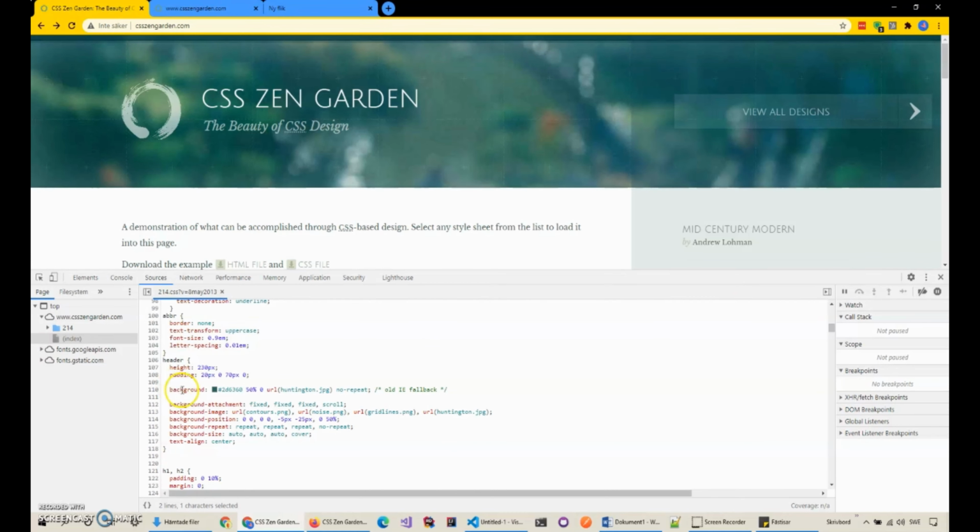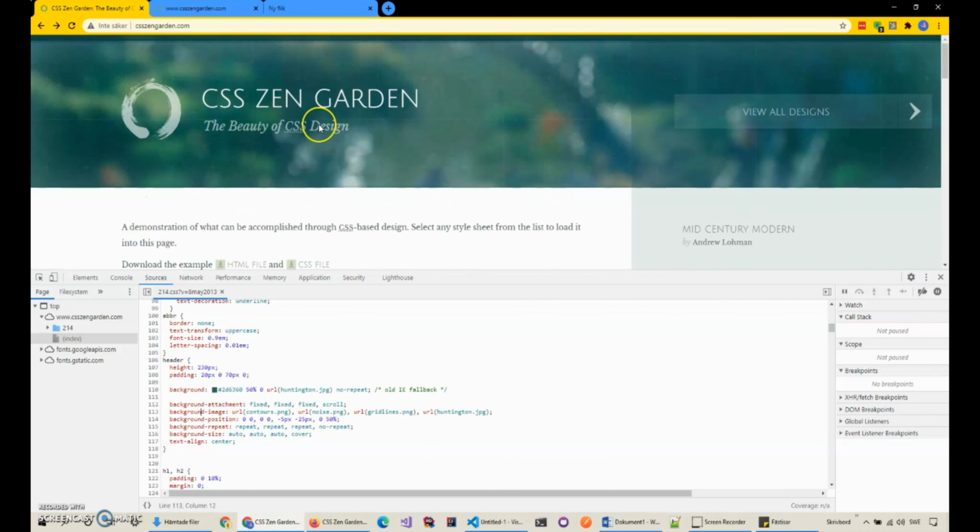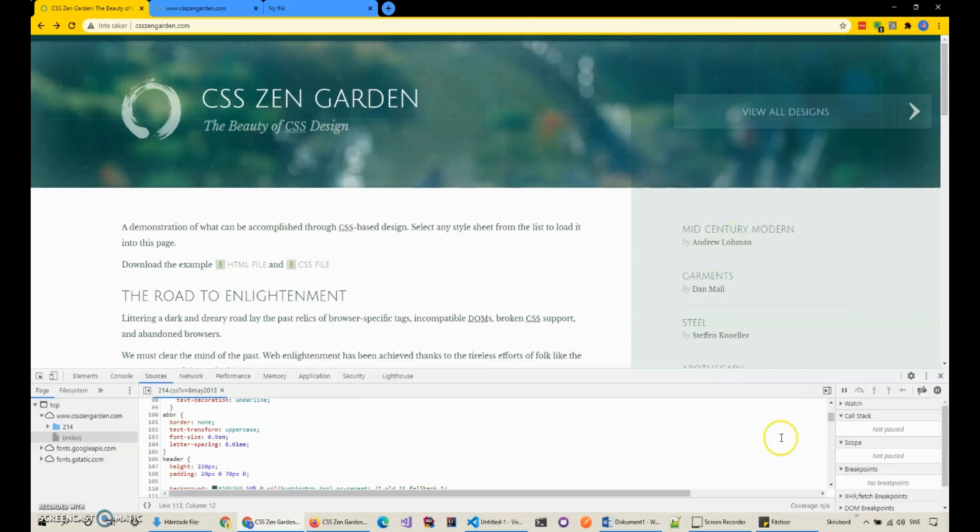So for example, here in the header we have an image, a JPEG. So it tells the header that it has a background and that background has an address, and it's this JPEG file. And so it has different background images. And the thing that is special with this site is that you can, yeah,